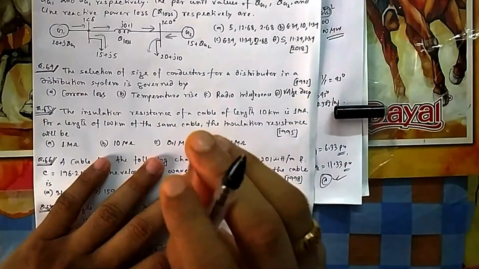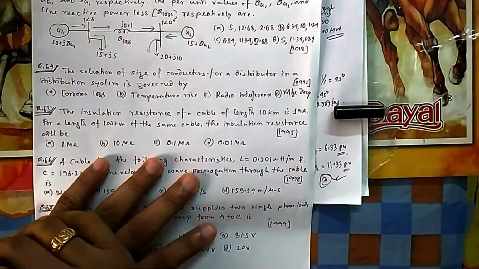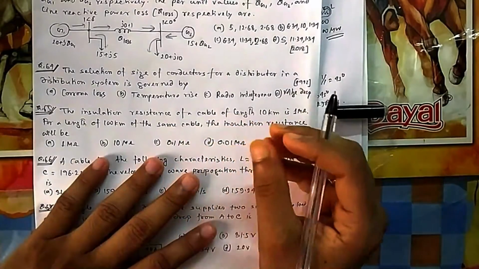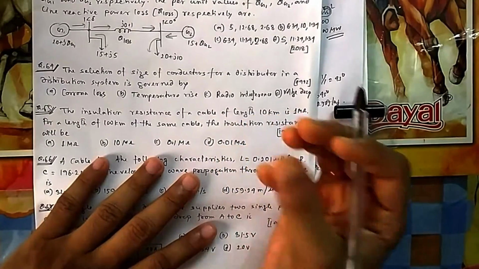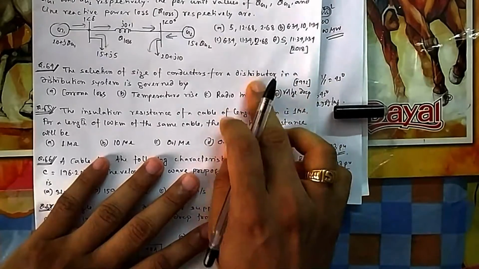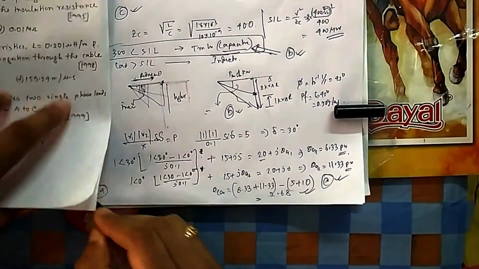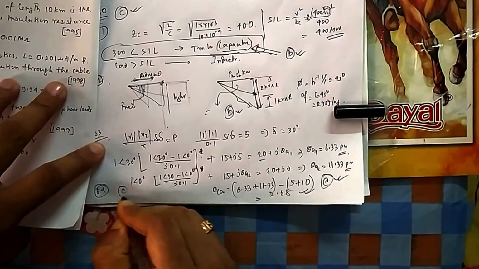In our school days, we had supply where the voltage was very low and the bulb was very dim. That should not be the case. So voltage drop is the main consideration in the case of a distribution system. So it will be 64, that is voltage, that is option C.